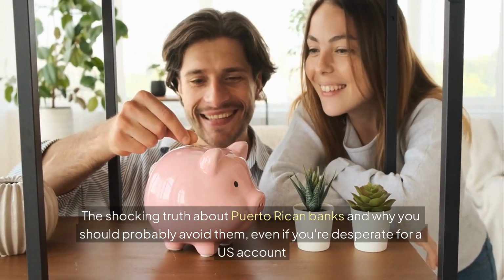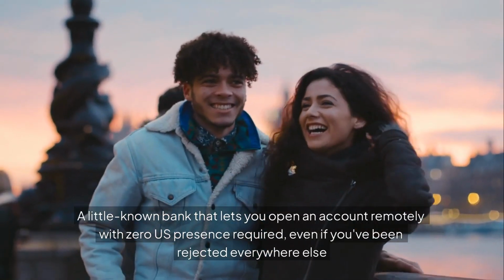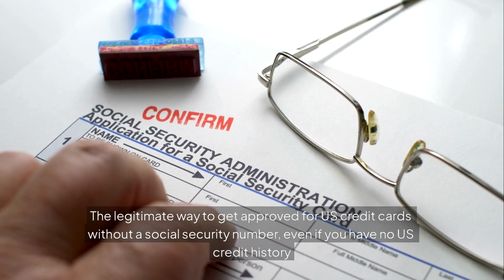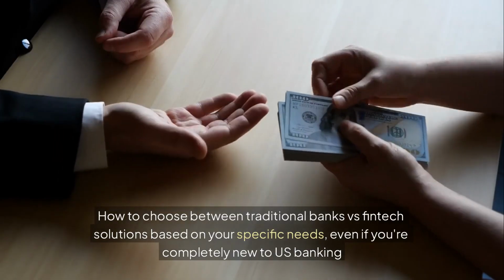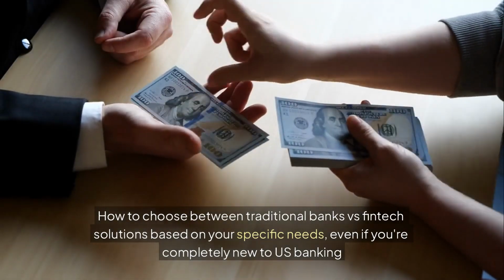if you're desperate for a U.S. account, a little-known bank that lets you open an account remotely with 0 U.S. presence required even if you've been rejected everywhere else, the legitimate way to get approved for U.S. credit cards without a social security number even if you have no U.S. credit history, how to choose between traditional banks versus fintech solutions based on your specific needs even if you're completely